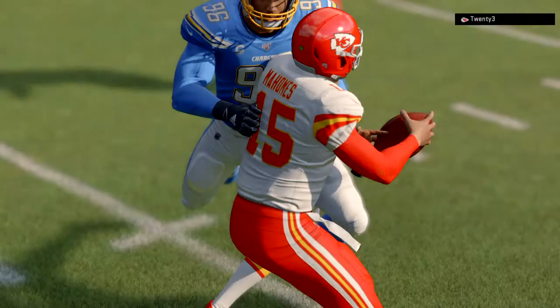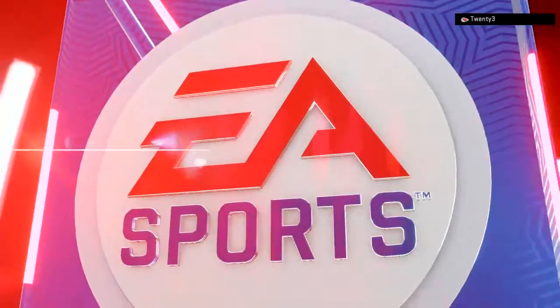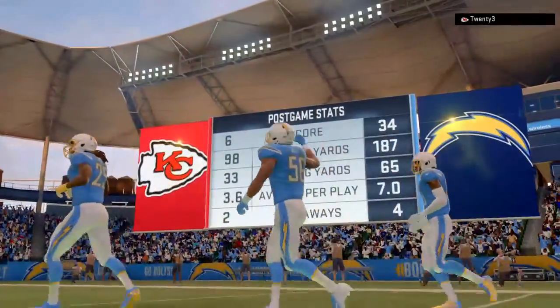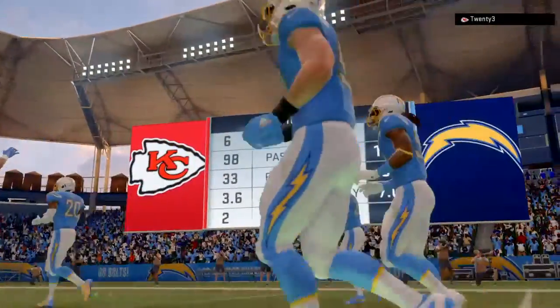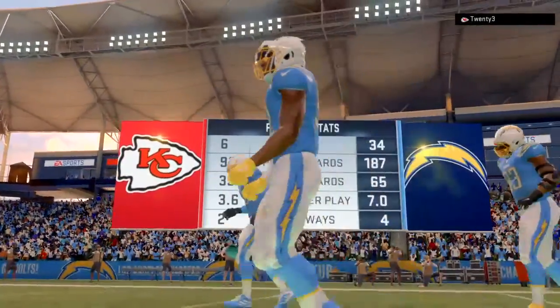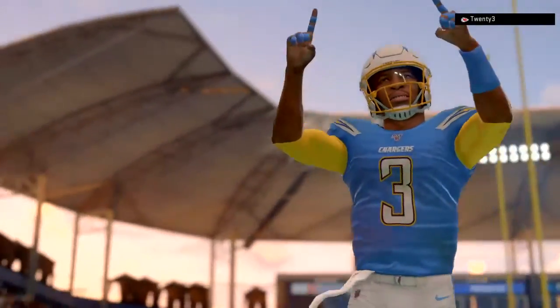And it was their defense that led the way, allowing just 3 points, that lone field goal in the entire second half. And remember the old adage, offense sells tickets. Defense does what? Wins championships. And in this game, maybe a championship wasn't won, but a game was by the defense, right? Held them to just a field goal. That's a heck of a job. I mean, when they went out there with that determination and a pretty good game plan, pretty good idea of what they wanted to accomplish, just love the execution, love the tenacity, love the